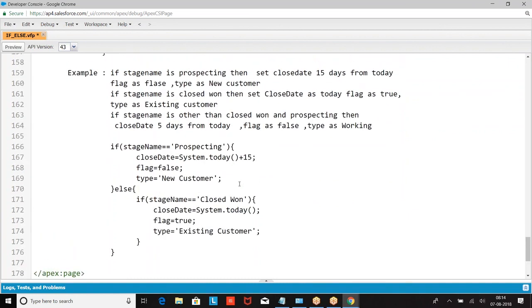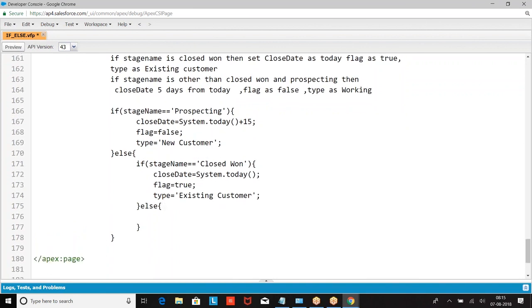Close date equal to system dot today, flag equal to true, type equal to existing customer. Else. What is else? Close date equal to 5 days from today, flag equal to false, type equal to working.